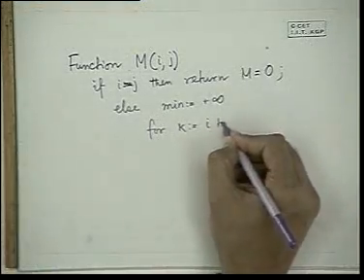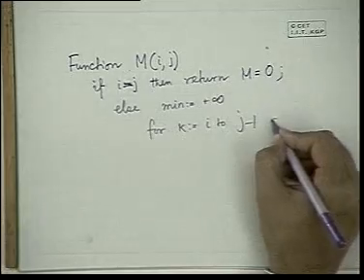Between i and j, we run another index k. Between i and j, we are seeing all possible parenthesization. So this loop: k is equal to i to j minus 1, do